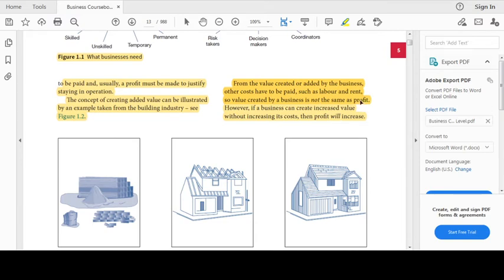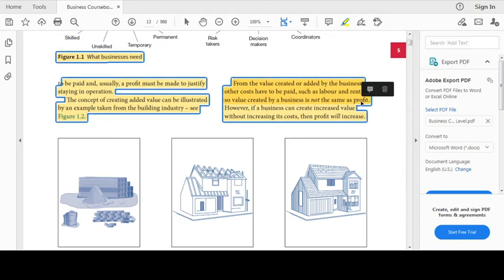Never the same as profit. Added value is always higher than profit, because added value is the total price of something; you haven't deducted any cost from it. But when you talk about profit, you have already deducted the cost, so obviously it will be way lower than added value. So never overestimate yourself, or get so happy when you sell something that your added value is so high. It's good that your added value is high, as it will give you a high profit, but added value is never a profit, right?